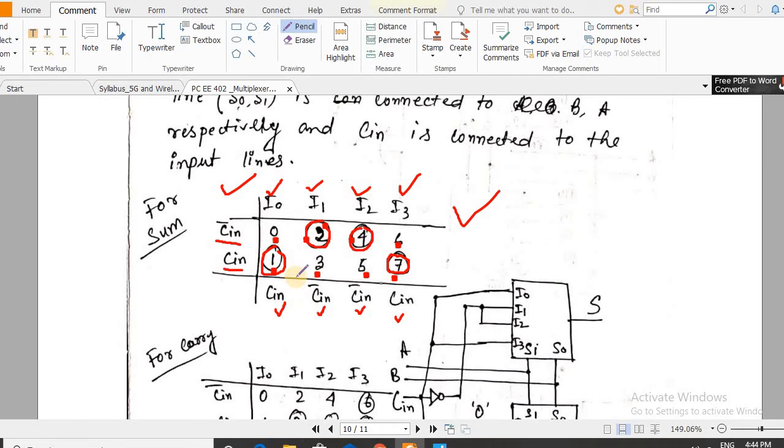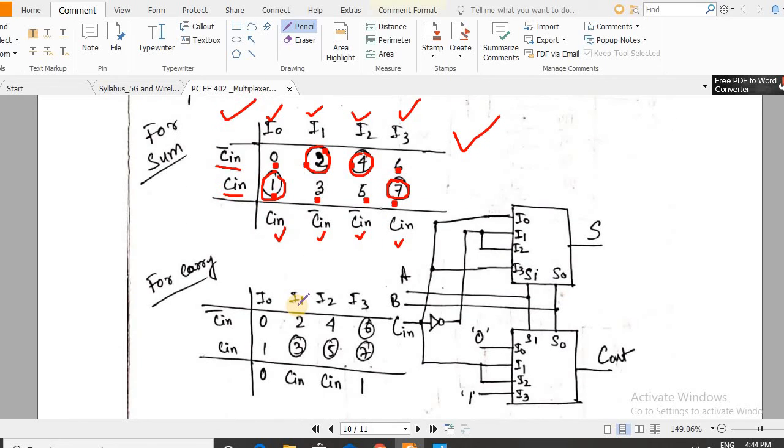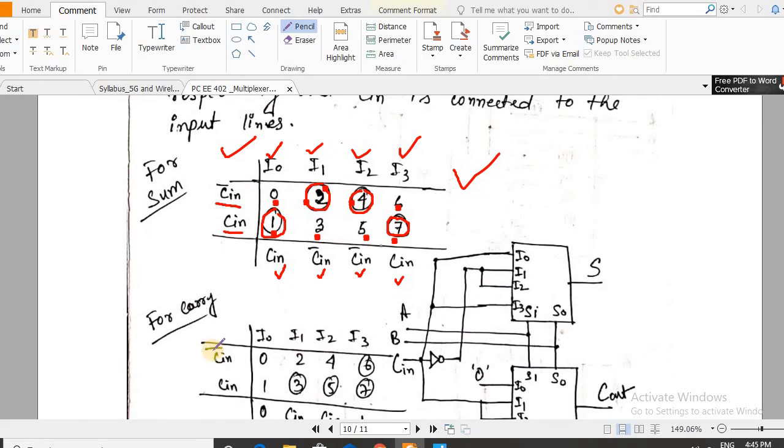Now if nothing is encircled, I will write down 0. If both the upper and lower terms are encircled, as happens in some designs, then I will write down 1 here. So that you will see in the carry section.